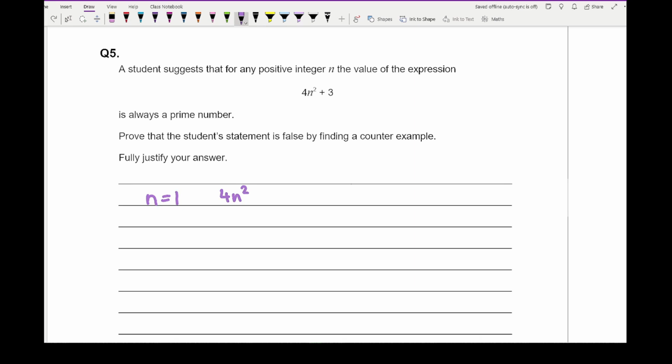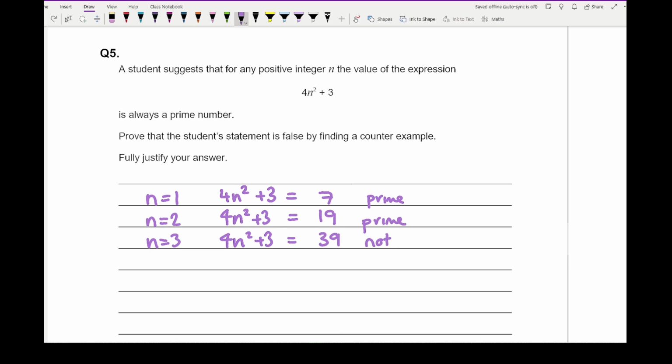then 4n squared plus 3 is going to equal 7, which is a prime number. Then if we substitute n equals 2 into 4n squared plus 3, I'm going to get an answer of 19, which is also prime. Then we substitute n equals 3 into 4n squared plus 3, in which I get an answer of 39, which